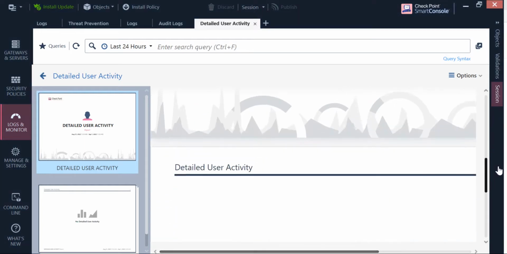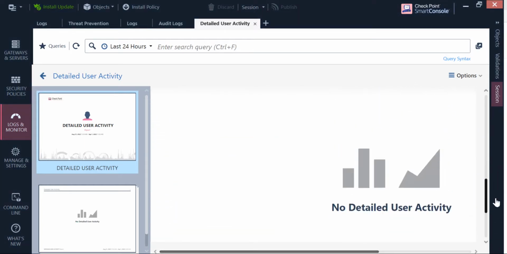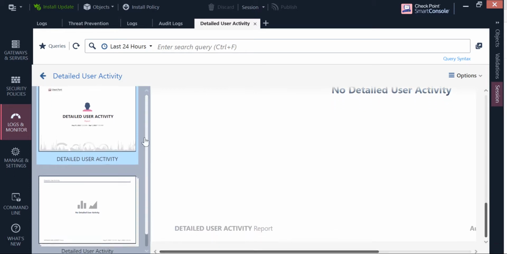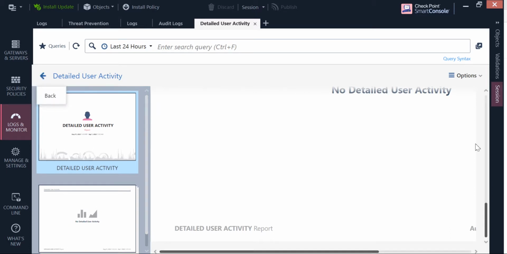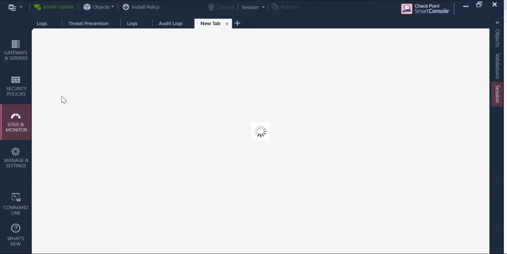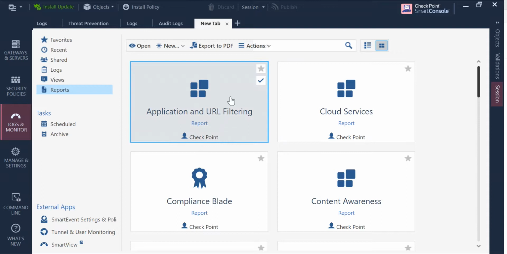Okay, for now it's no activity here, but I believe detail user activity will help to see things like what are the changes performed. I can't, because the data is not correlated yet, that's why we will not get the details. But however, I just wanted to have the format of it. So if I say what it's saying,